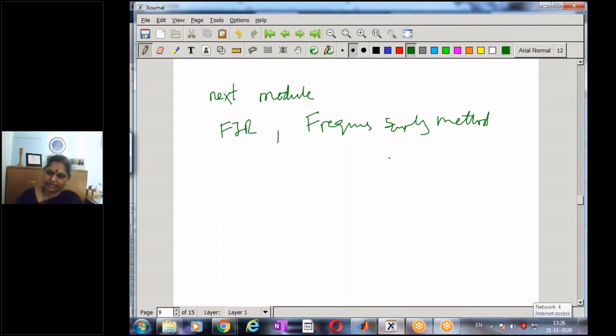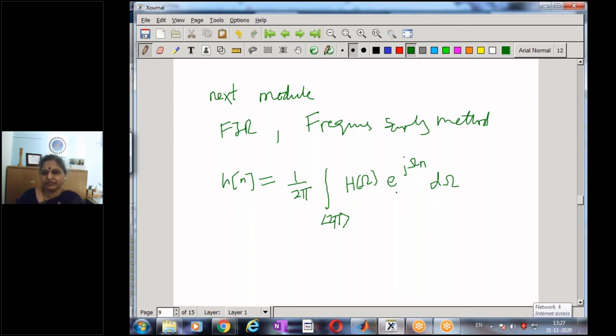If you look at the drawback in the window method, we need to integrate. Our window method is perfect as far as implementation and computing the coefficients, everything is fine. But there's a small drawback, and that is we need to compute this integral. For simplicity we have taken low pass and high pass filters, but in a real implementation we may require other types of frequency response. So we are given H of omega and we need to compute h of n. In the window method of design, this integration needs to be evaluated, and once I evaluate the integral, I can convert it to code and implement it in the processor to compute the coefficients.